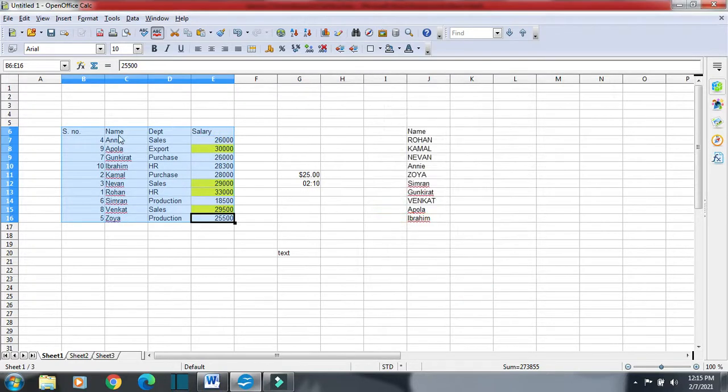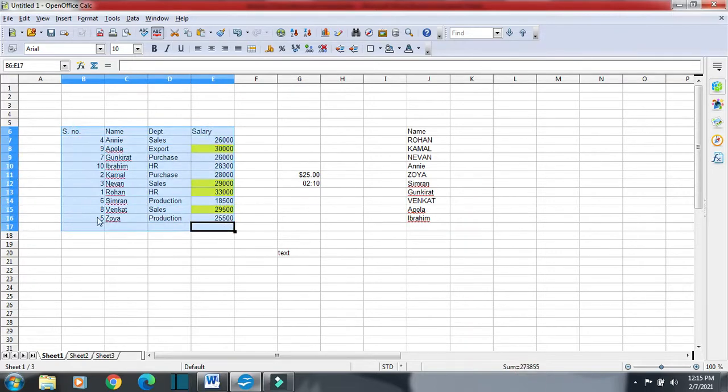You can see Annie is the first one, then we have Apollo, but you can see here these have not arranged. Sales is here also, purchase is here also. Here also we don't have the numbers in ascending order, 26,000, then 30, then again 26, because the first one will only work. Others will not work. You can see Rohan was at the first, he is now here, so they have arranged. Serial number is also arranged. So this way we can arrange, but only the first condition is followed, other conditions are not followed.